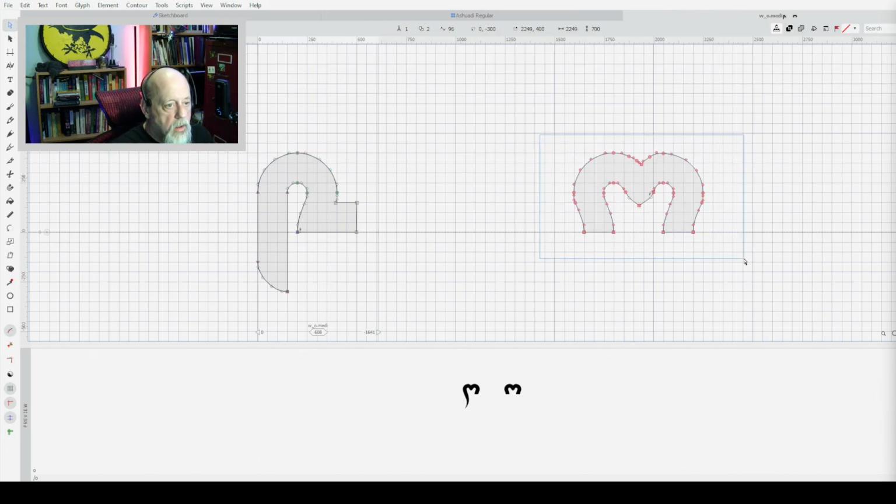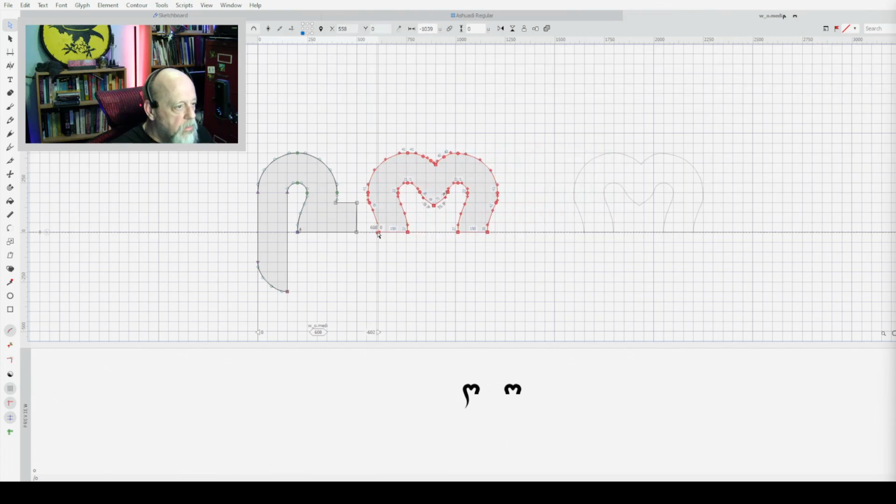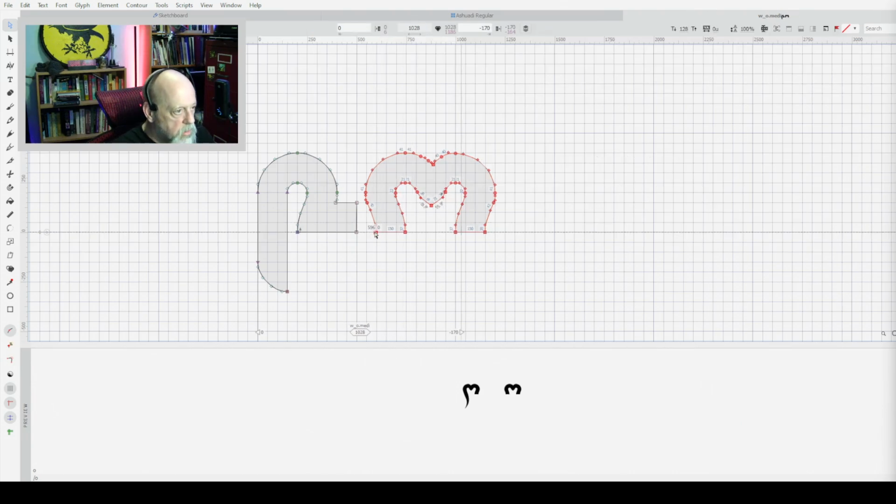Grab the selector, drag it over to, that seems a bit close. Maybe here. Drag that out of the way so I make sure it doesn't snap onto. Yeah, there. Okay, then we drag this, move it so it overlaps. Doesn't matter how much, as long as it overlaps. Select the whole thing, go to contour, remove overlap. And this now has that as a full letter.